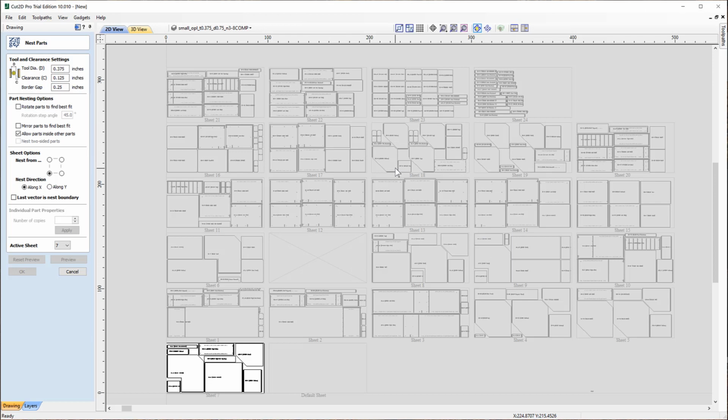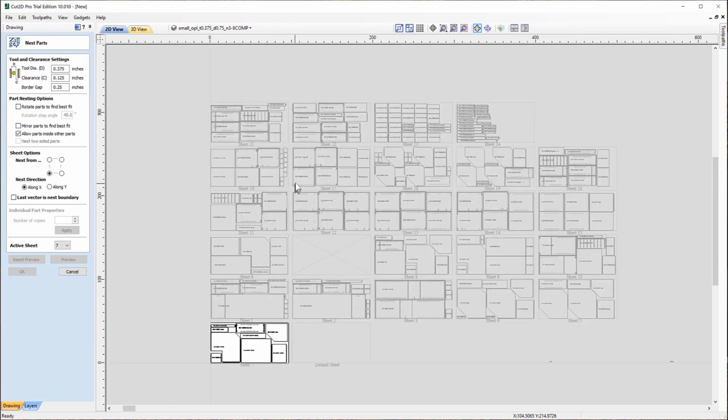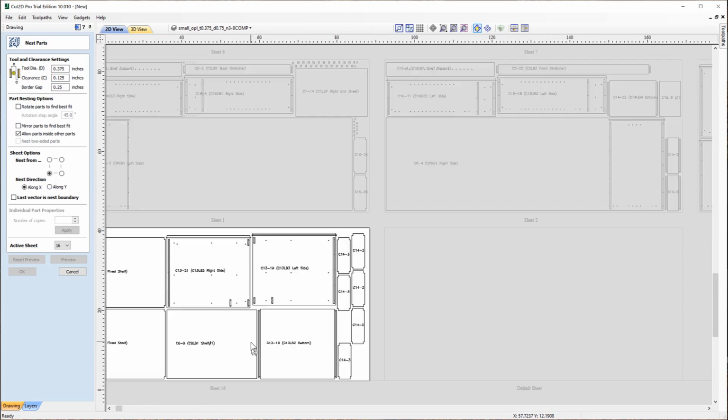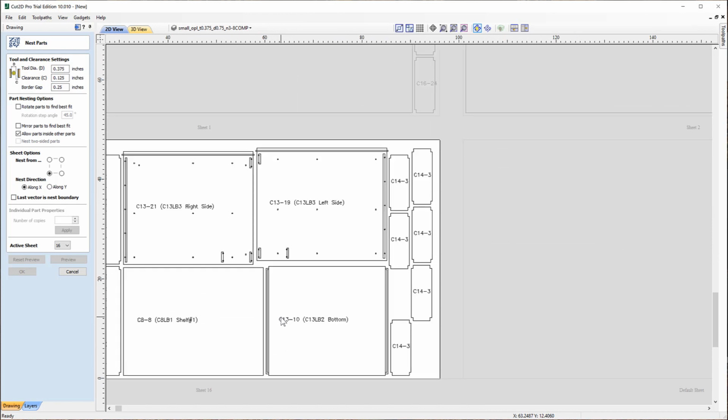Now, there's another problem that I want to point out, and let's see if I can find it. This might be it. Yes, this is it. Okay, in the wine cabinets, there are a bunch of shelves. They're narrow and deep. They're only like 3 or 4 inches wide, and they're like 12 inches deep. These are actually